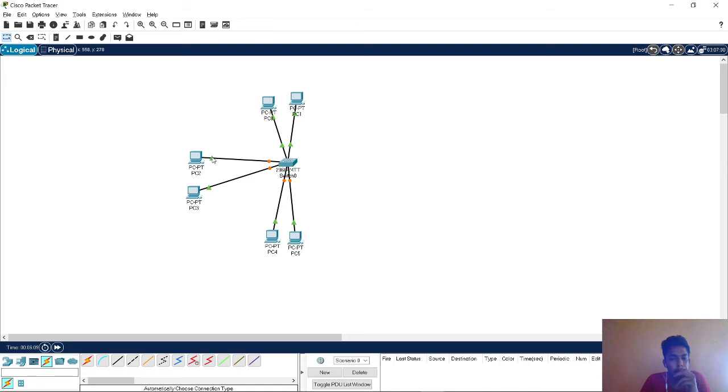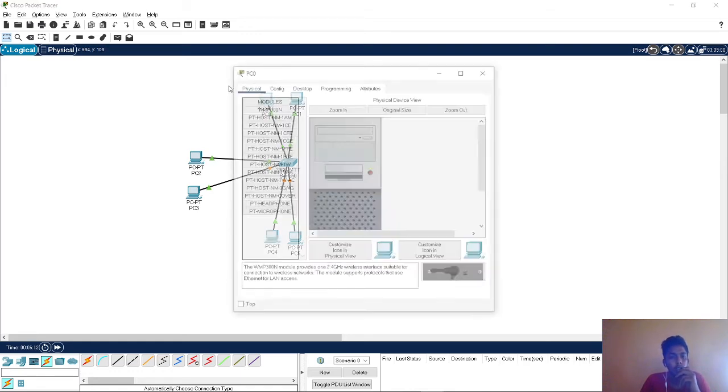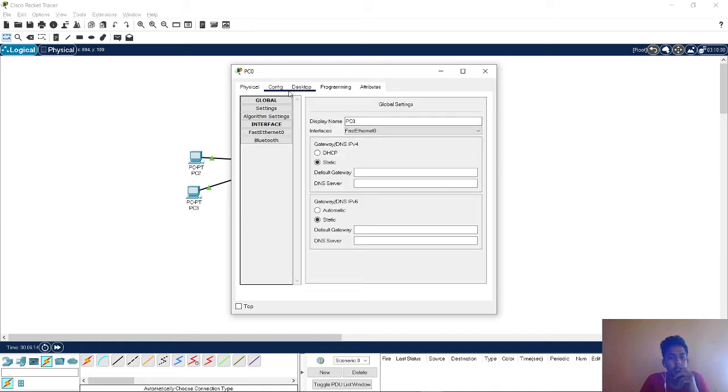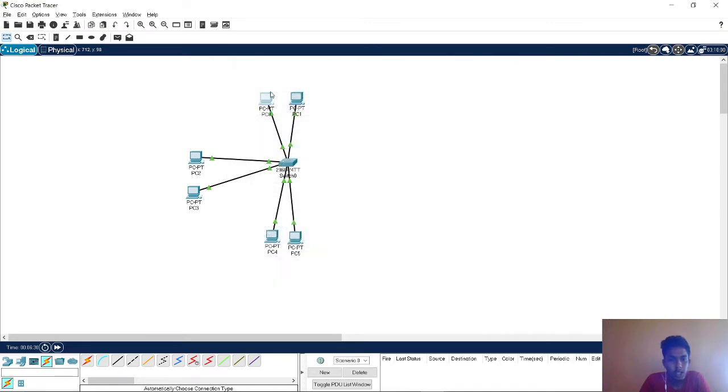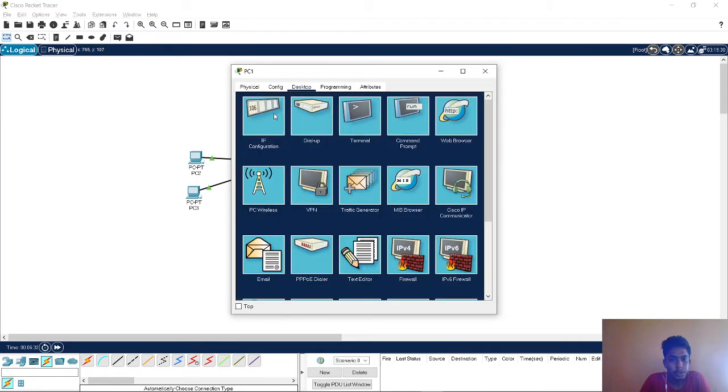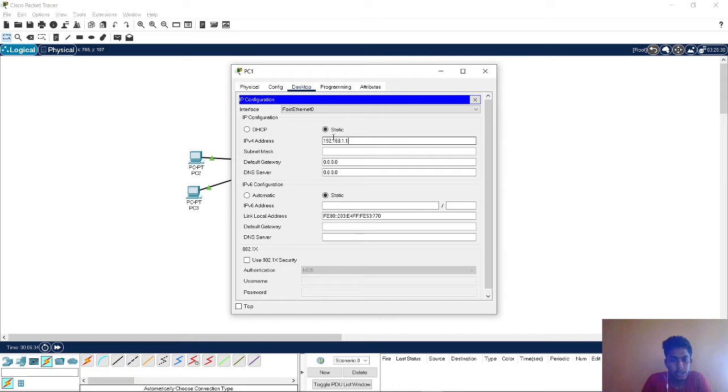So before creating a VLAN, we need to allocate an IP address for each PC. Let us assign for PC number one 192.168.1.1. So this is for the first PC. The subnet mask will be the default 255.255.255.0 for all PCs. For PC2, the IP address is 192.168.1.2.